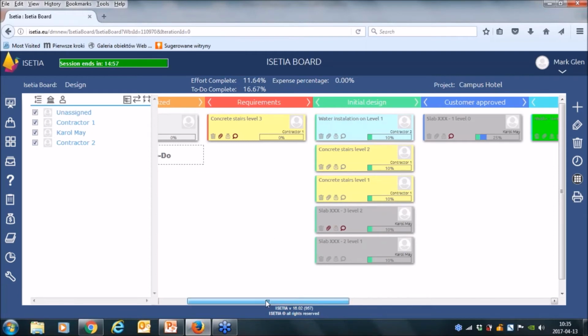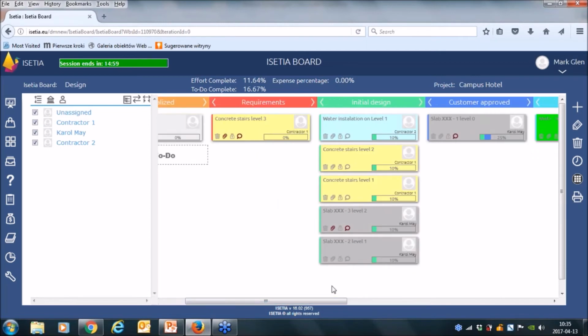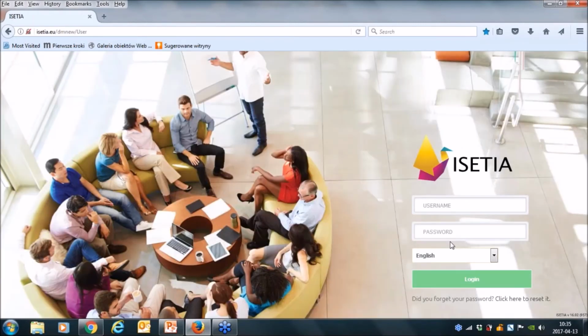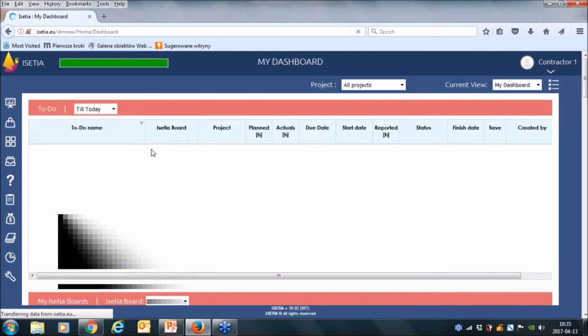So this is the point of view of the project manager, but let's see what is achievable from the perspective of our resources, of our contractor. I can now log out from the system, and I will log in as a contractor. So, from the perspective of the contractor, now I can